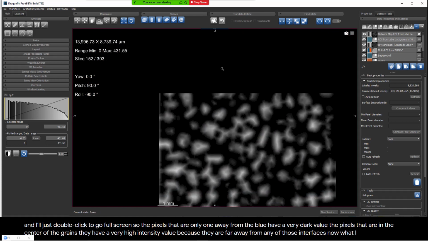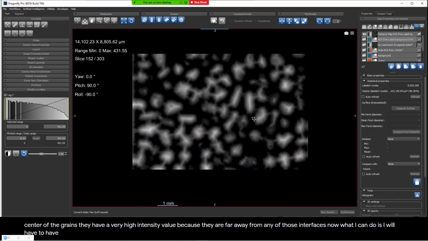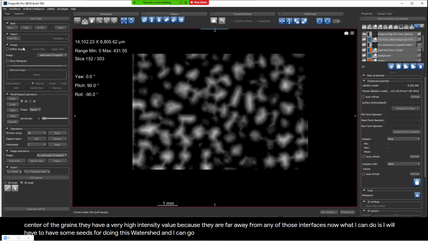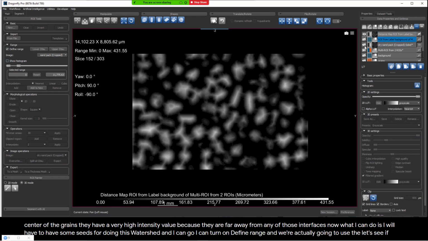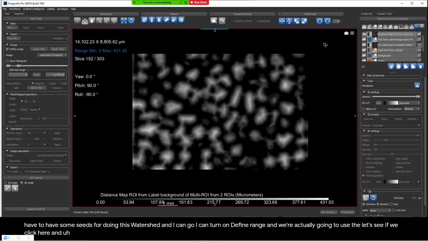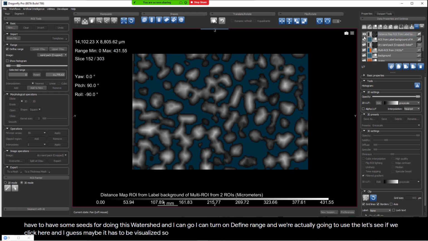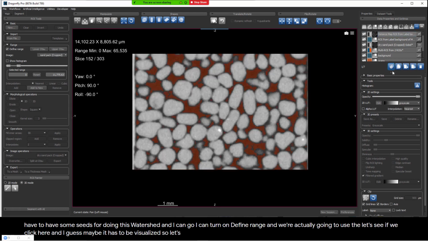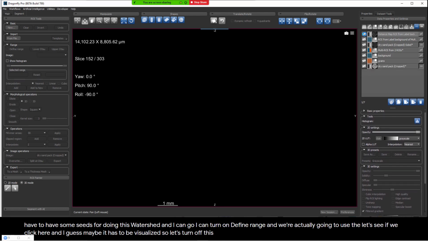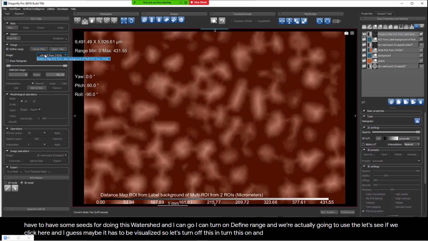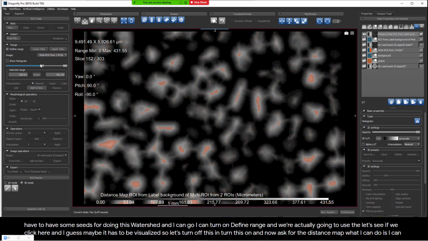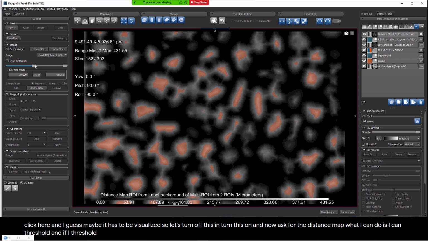Now what I will have to do is have some seeds for doing this watershed. And I can go to my thresholding tool. I can turn on define range, and it maybe has to be visualized. So let's turn off this and turn this on, and now ask for the distance map. What I can do is threshold, and if I threshold, we see now that we have the centers